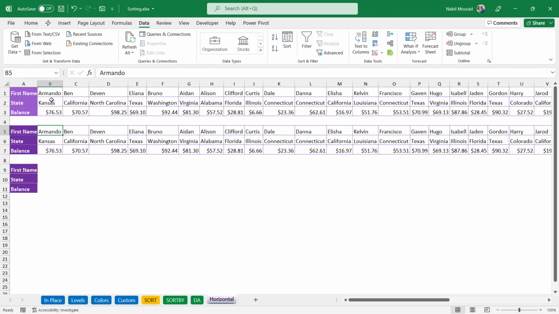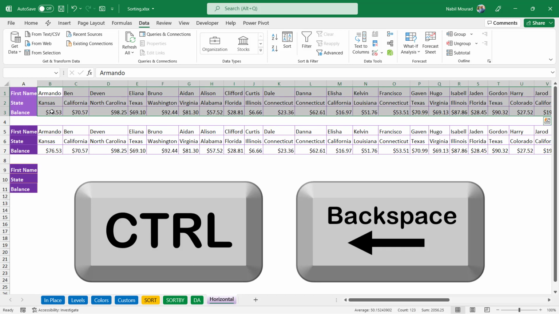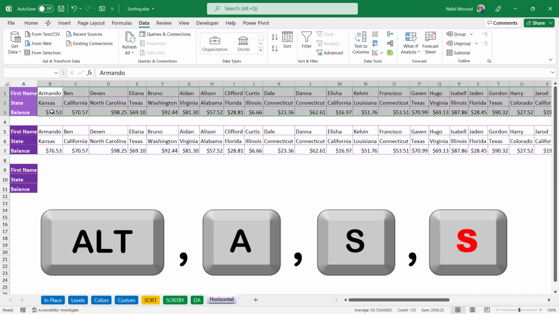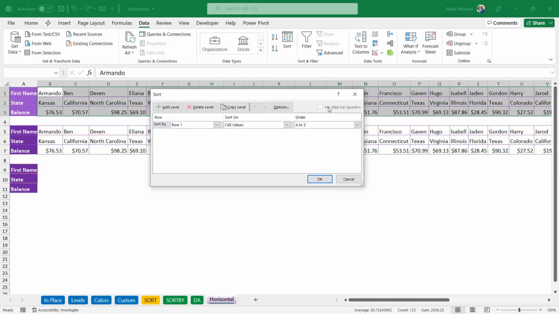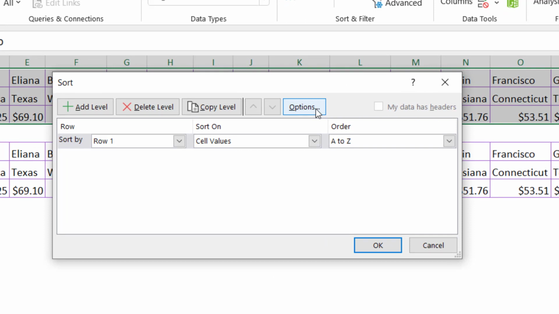To sort in place, I'll be using the custom sort dialog box. But in this case, I have to select the entire list, excluding the row headers. Then I select the 3 rows in column B, and then I use the shortcut Shift Control Right Arrow, Control Backspace to go to column B, and I'll be using the custom sort dialog box, Alt-A-S-S. In this dialog box, make sure that my data has headers is not checked, and to sort